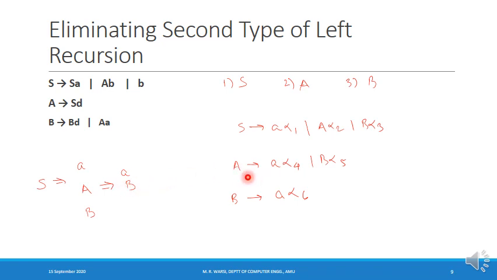Because if I look at the productions of capital A, they are either beginning from a small a or from capital B. So when I expand this capital A, the string that I will obtain will either begin from a small a or capital B. Similarly, when I expand this capital B, the string that I will obtain can only begin from the terminal symbol.